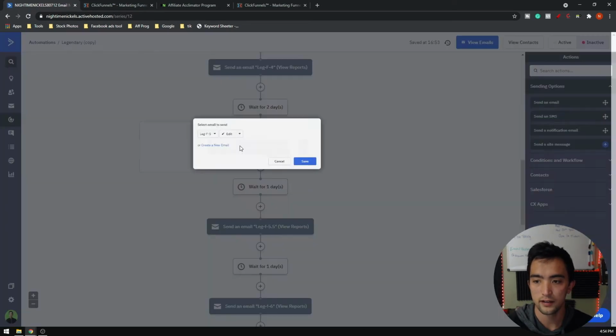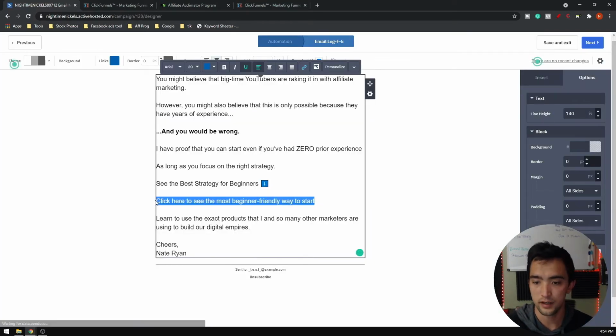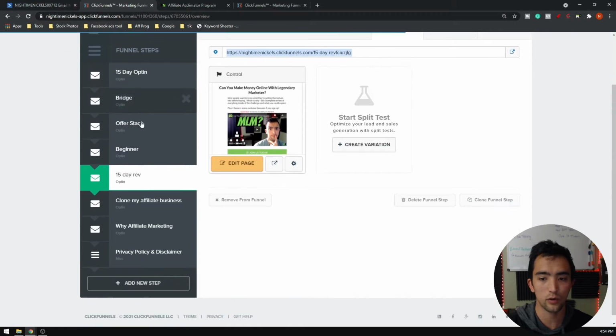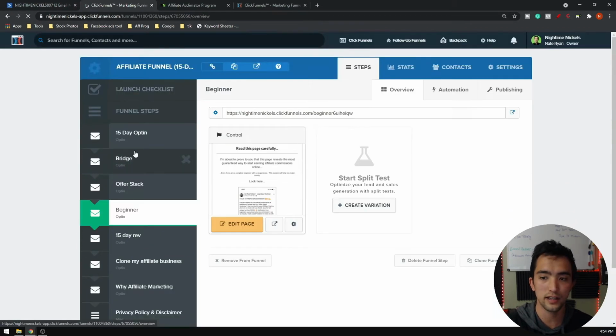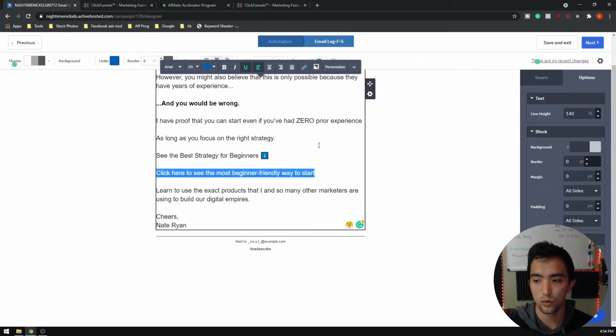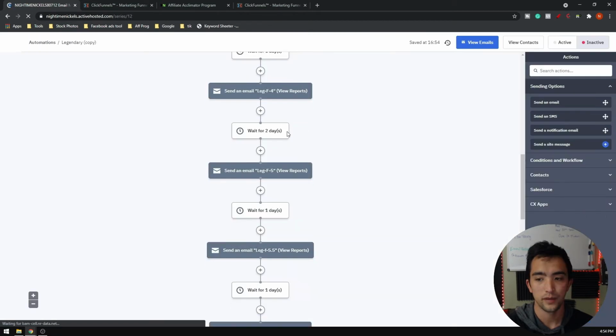sorry. Go ahead and click edit, and this is where you're going to put your beginner link. So again, this is the link that we're going to be using right here. It's labeled beginner inside of your ClickFunnels account. Go ahead and click on that, copy that link, and that's the one you're going to be pasting inside of your email. Click OK, save and exit, and now we are on